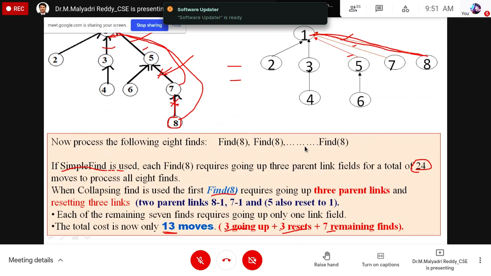That is, here one word is there, sir. Resetting links. Remaining elements: suppose if 7 is there, one find is enough. 8, one find is enough. 2, one find is enough. For 4, 2 finds are required. So from 1 it needs to search 3. After that, from 3, 2 is required. So the find operation is order of n square. That is like this. After the relinking, suppose you want to find 4,